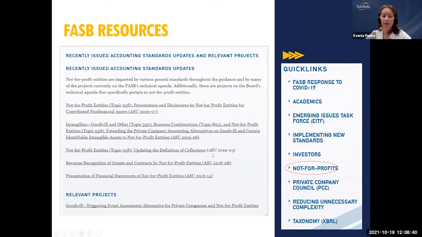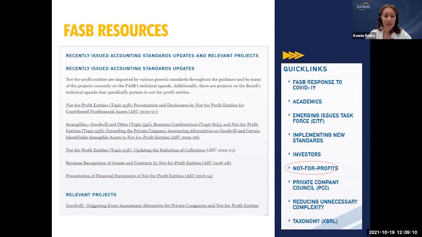That particular standard is actually effective now, and we'll talk about it. I'll give you a really brief overview. Not a very long standard, mainly affecting museums and organizations that are holding collections. This particular standard, even though it applies mainly to not-for-profit organizations, all of the entities that hold collections are within the scope of the standard. The next